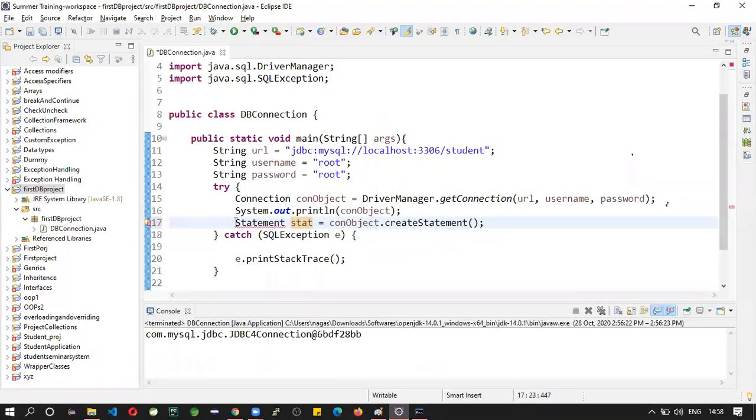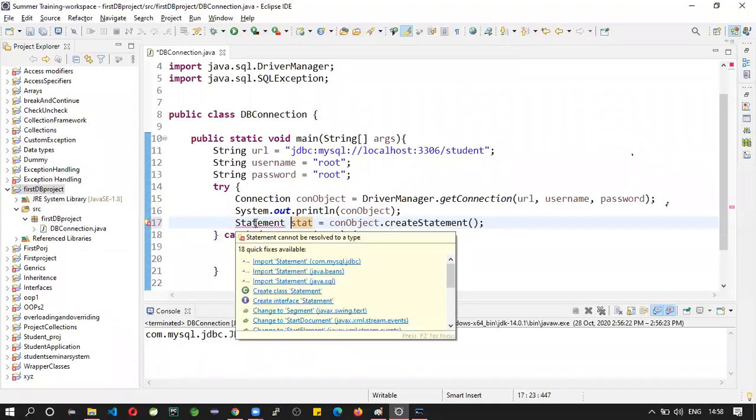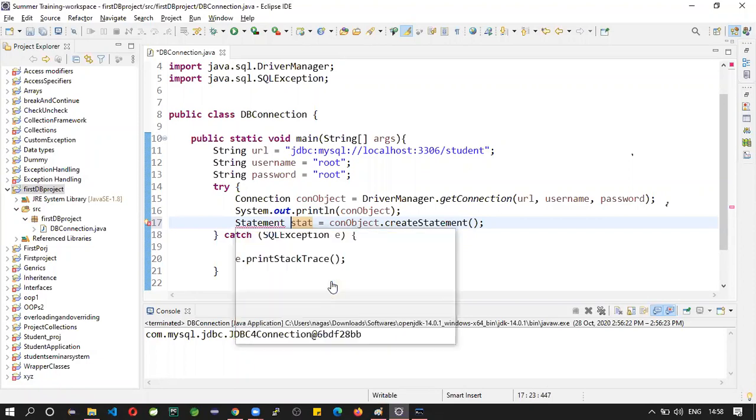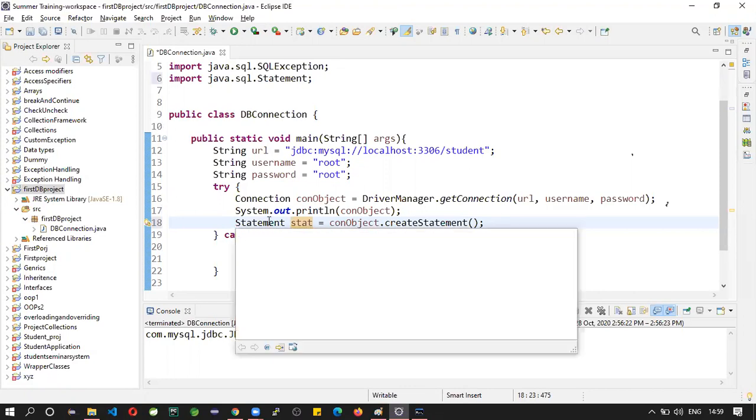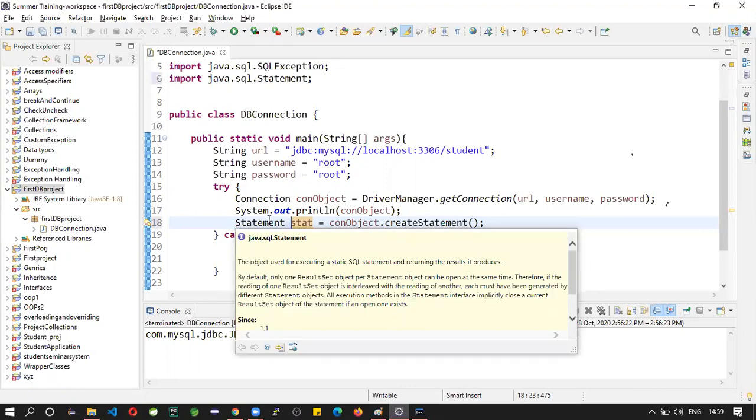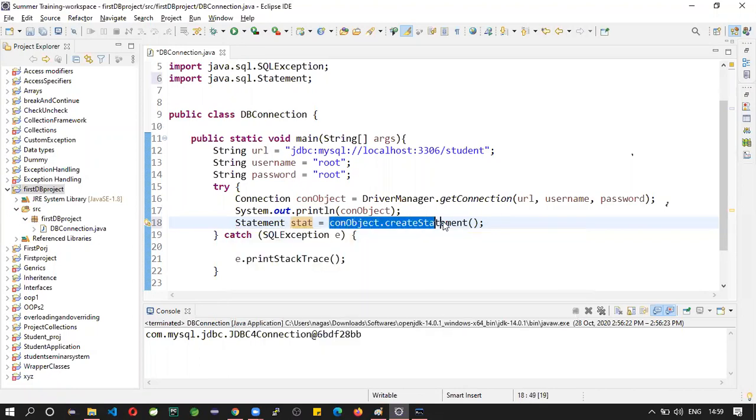Did you understand why? We are saying it is an interface, but I am using it here. What is the reason for that? A superclass or interface reference can hold a subclass object, right? A superclass reference can hold a subclass object. See, this is the subclass object, statement, and this is a superclass type.